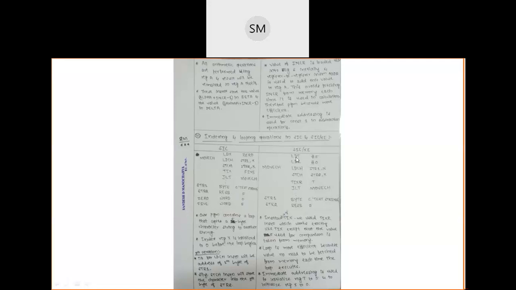See here, LDT. T is a general working register. Instead of T, you could take S also here. No problem. Sir, why have you taken the T register only here? It's not like that. You can take one more general working register, which is available for me in SIC/XE. You can write LDS here also, no problem.